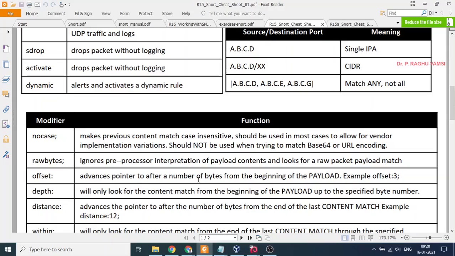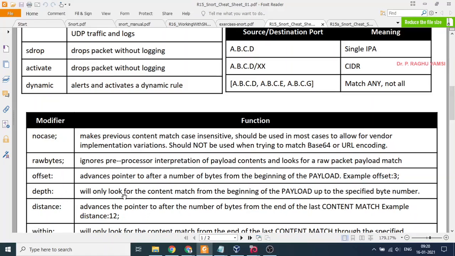If you look at the TCP packet, the flags may be starting at maybe 20 bytes or 23 bytes. So I want to go directly to that position and check the values over there. Then you can directly use the offset.